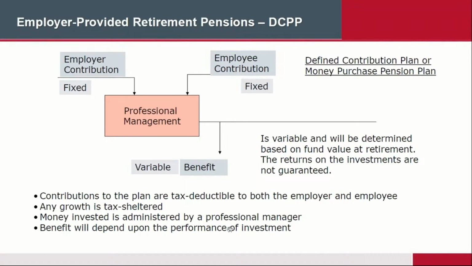So here, the employer puts in a fixed amount and the employee puts in a fixed amount. So the employee says, I'll put in $500 every year or every month, whatever. Okay, and the employer says I'll match it, so it's fixed. Or the employer could say for every dollar you put in, I'm going to put in $5, so it's fixed. Once again, professionally managed. That's not a problem.